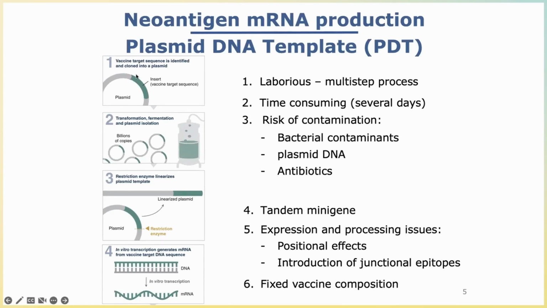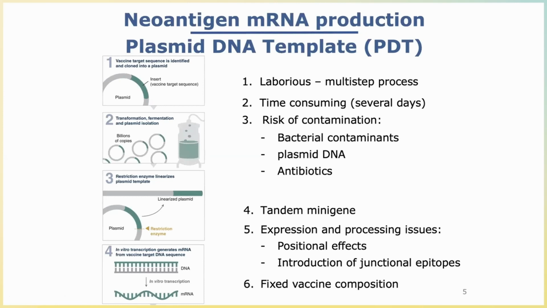Then these plasmids need to be transformed into bacteria so that they can be copied to a billion of the exact same plasmids. And then after purification, these plasmids need to be restricted by enzymes. So you have a linear format,